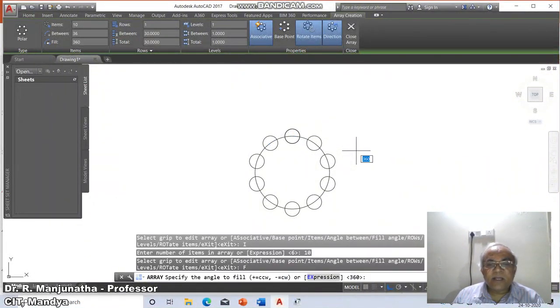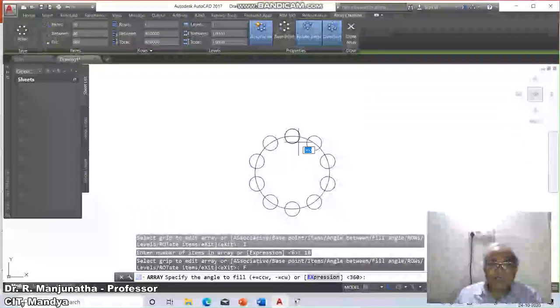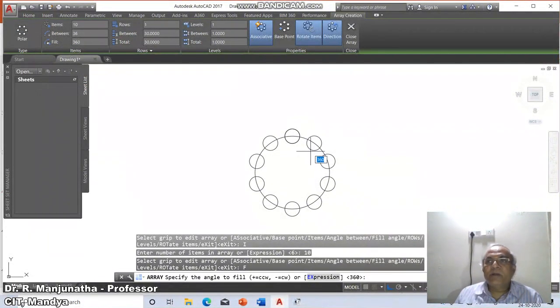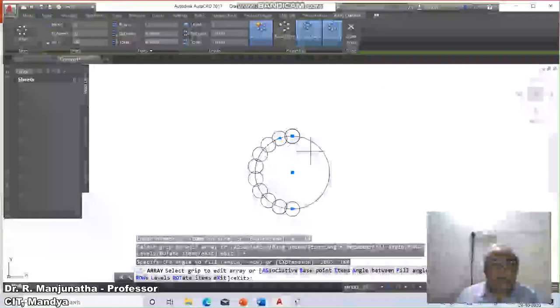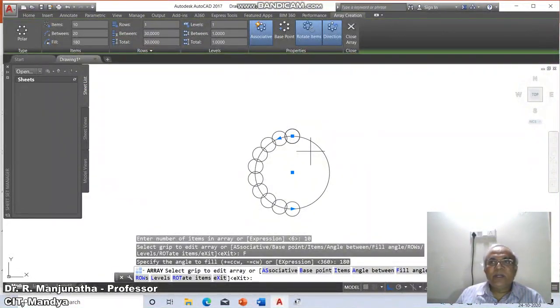So specify fill angle. Suppose I want to copy this 10 circles within a particular angle of, say for example 180 degrees. I will say 180 and enter. So it will copy that within 180 degree, which will copy the 10 patterns of circles.